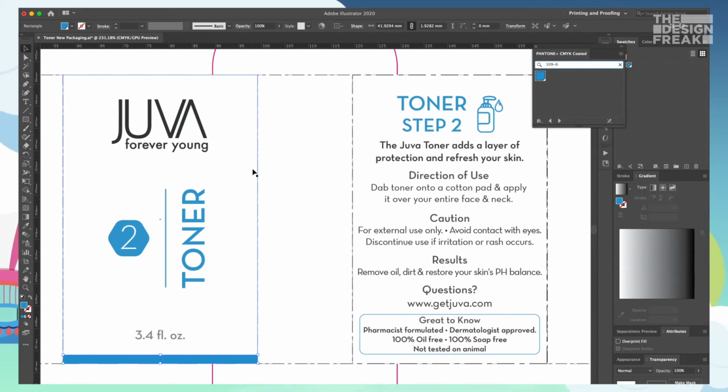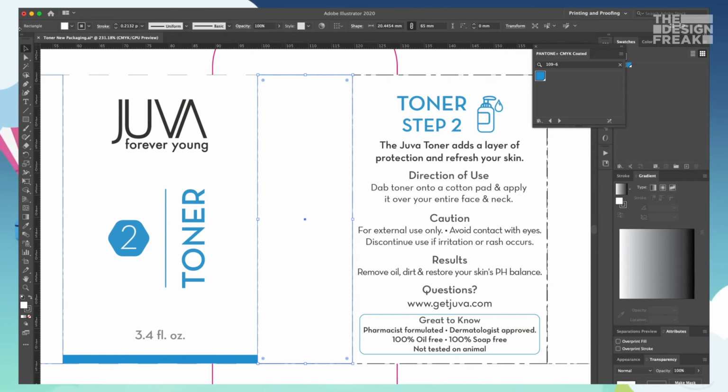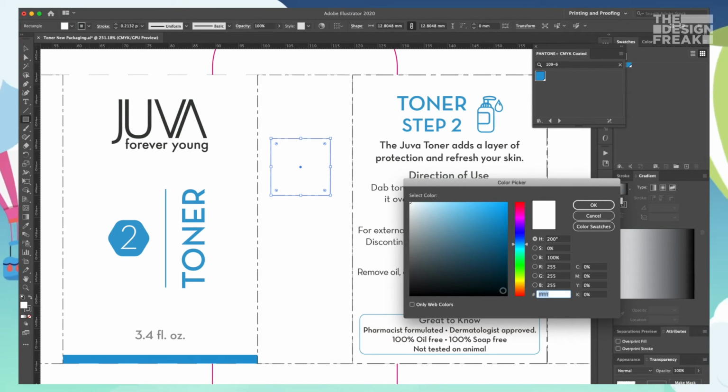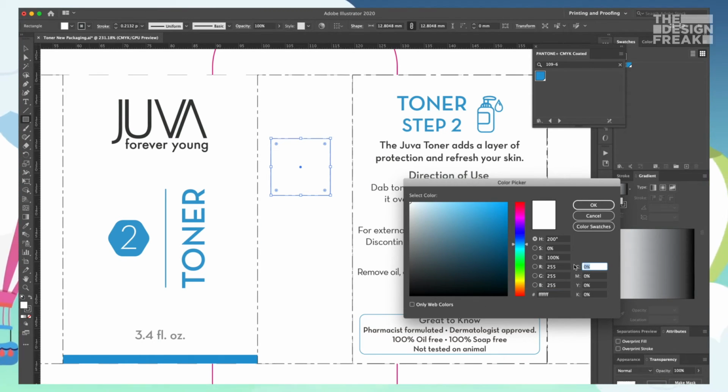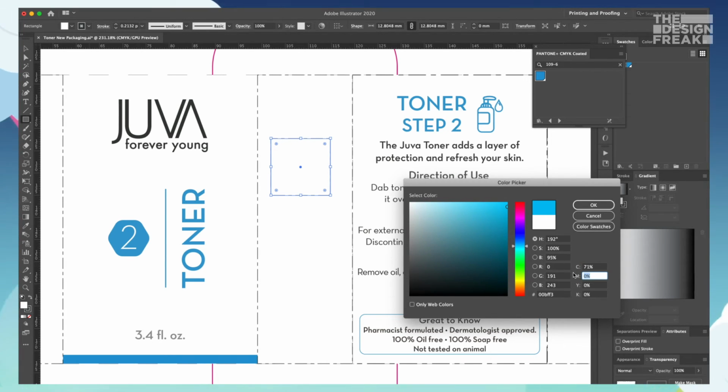Now if you'd really like to match that, we can just do a matching here as well. I'm just going to take one box and type my CMYK values, which is 71, 23, 3 and 0.